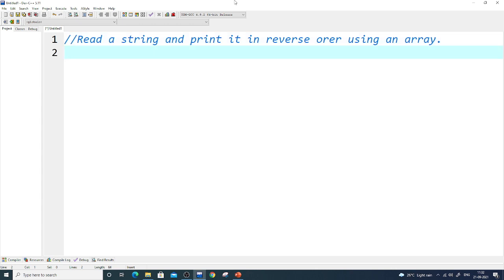So in this program, we are not going to use any built-in function for string reverse. We will write down a loop for reversing a string, and we will store this string. The character array concept we will use for storing the string. So first we will start with #include